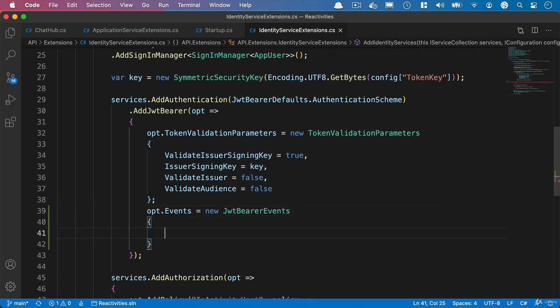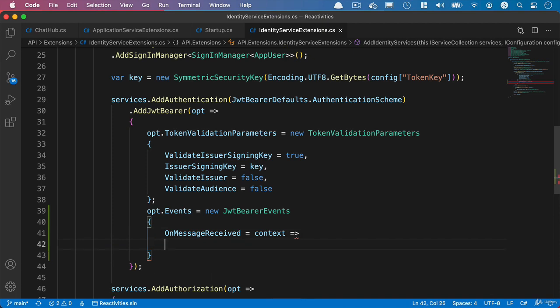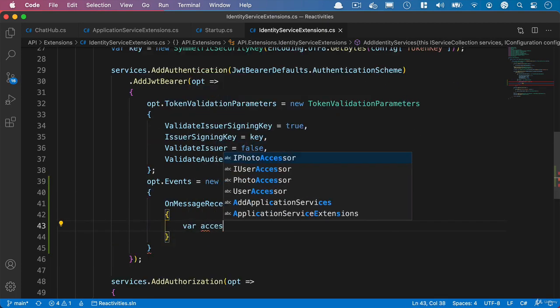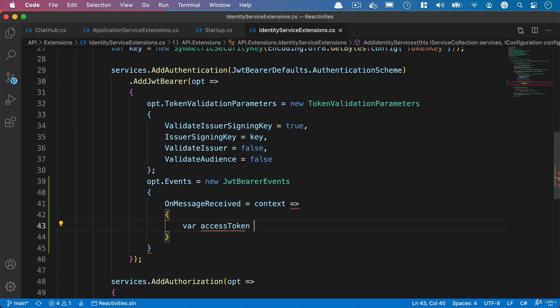And inside here we can access the OnMessageReceived, pass through the context, and then we can say var accessToken equals, and then we can go to our context, then Request and Query, and then we can access